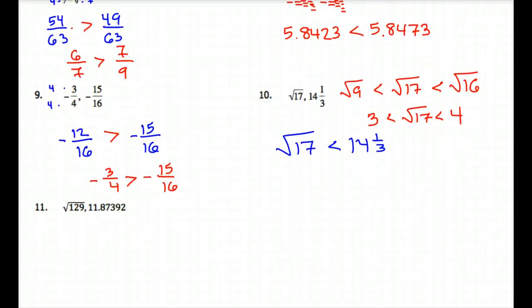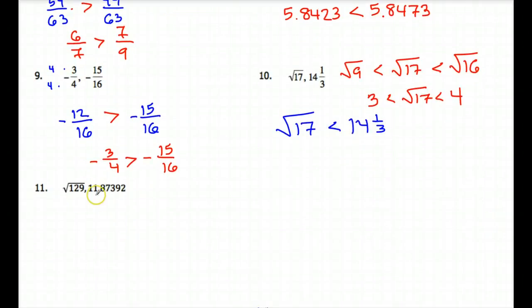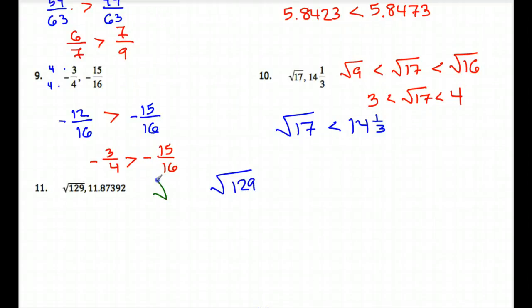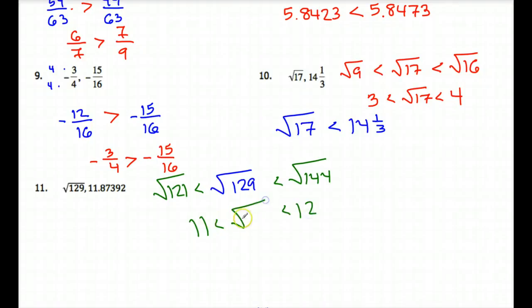Finally, on number 11, we have the square root of 129, comparing it to this decimal, 11.87392. So I'm going to do the same thing I did in number 10. I'm going to estimate the square root of 129 first. I know it's between the square root of 121 and the square root of 144, so it's got to be between 11 and 12. But I'm going to have to go a little bit further than that because I'm comparing this number between 11 and 12 to